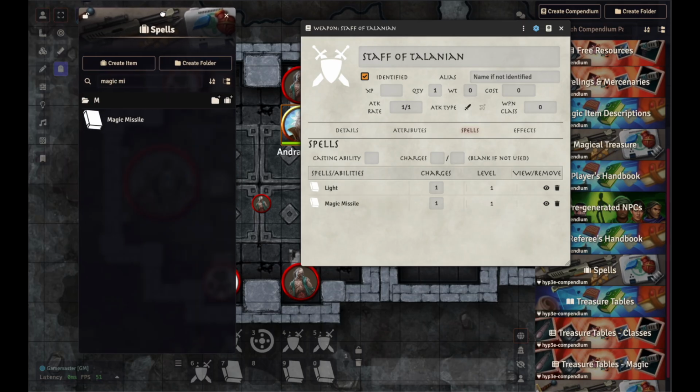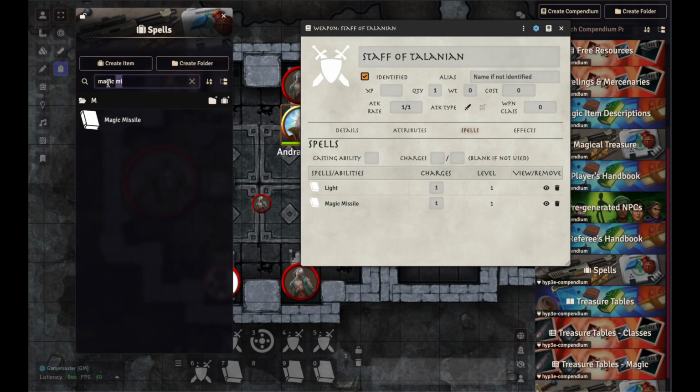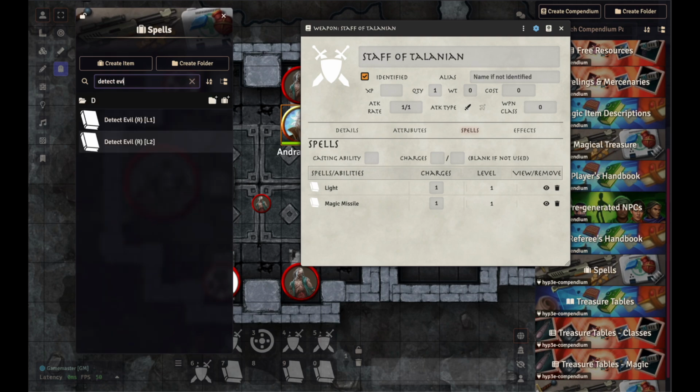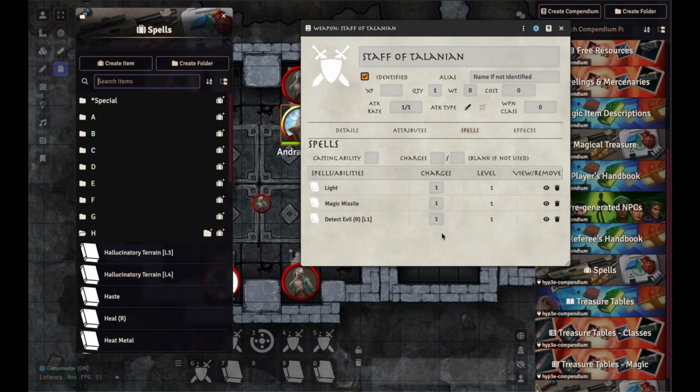Okay. I'll drag this in a little bit. Any others? Anything interesting? How about detect evil? Alrighty. Doesn't really matter which one I choose. They're the same spell. And that makes for an interesting staff. Sure. And then we can say,